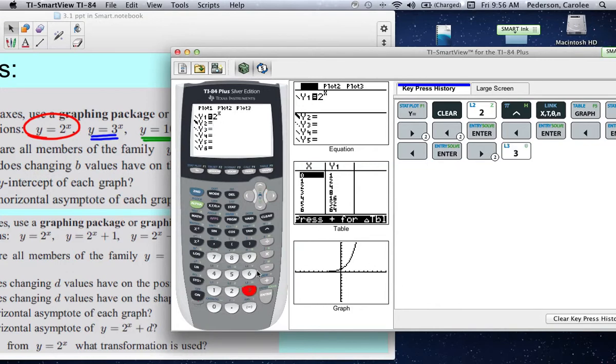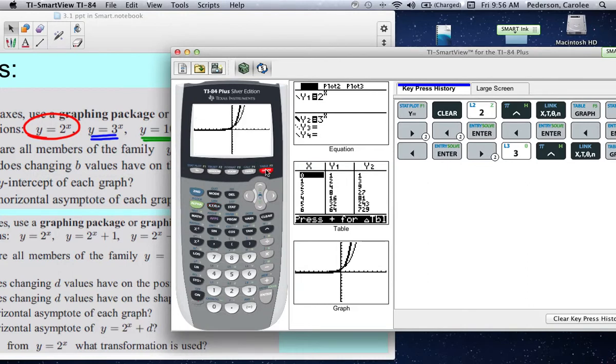We change the base now to 3 raised to the x. When we graph it, the thicker line is really not touching the axes right here. It's a little bit distorted. Then if we go back to y equals and go down one more, I'm going to change that to the dotted, so you'll see the dotted over here. You have to keep changing it. If we change it now to 10 to the x,